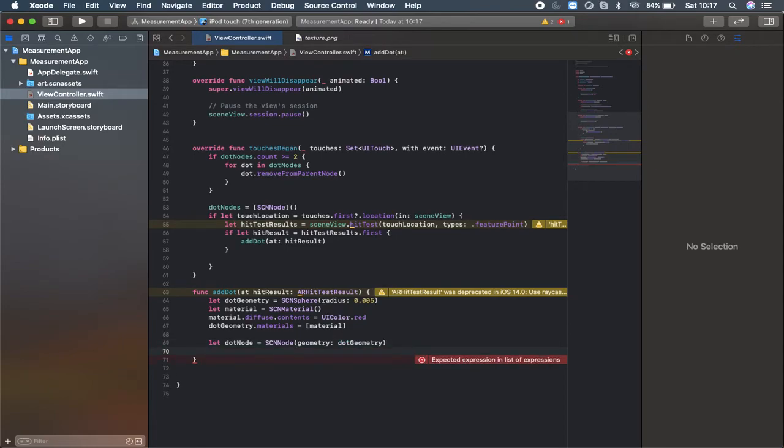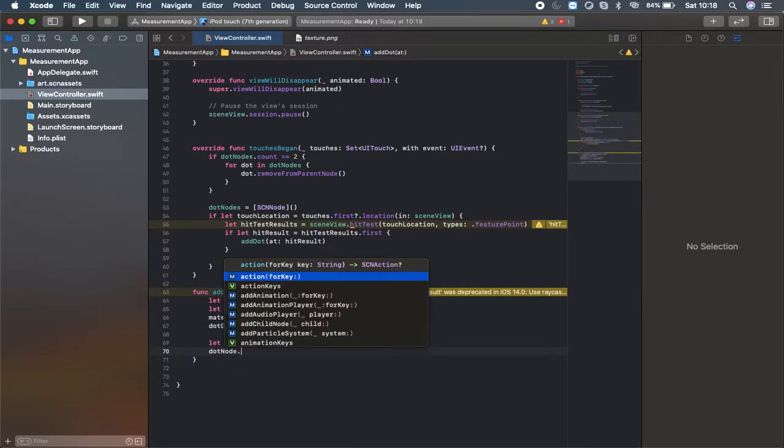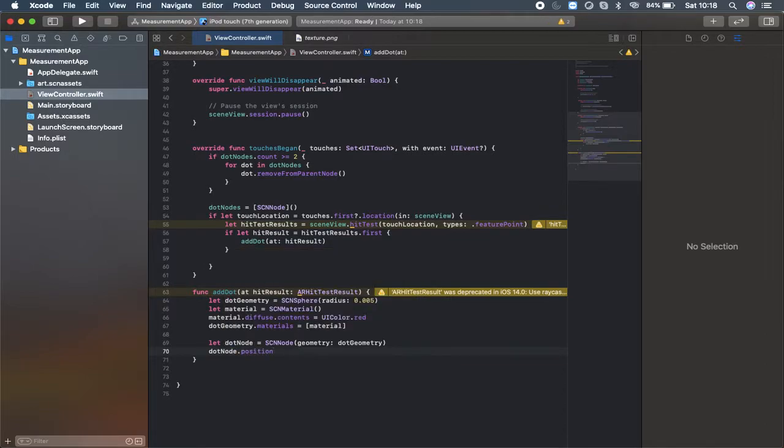And then what I'm going to do here is dotNode dot position, and this will be equal to SCN